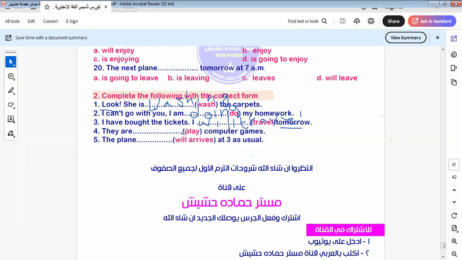They are playing computer games. Here we say they are playing computer games. We use the present continuous tense expressing future. Here is the mistake that we told you not to make, and it will be zero. Will must be followed by what? As we told you, I would like you to raise your voice, preparatory stage. Will must be followed by the infinitive form.